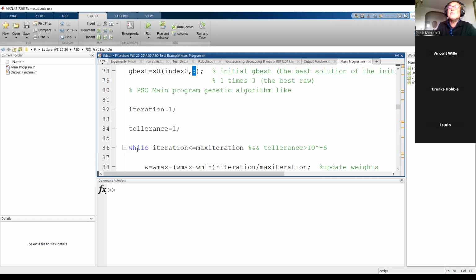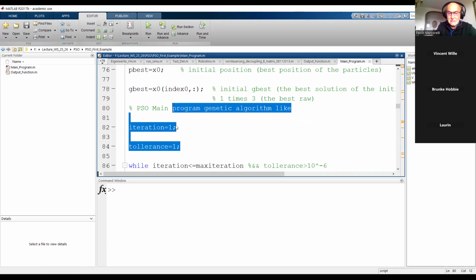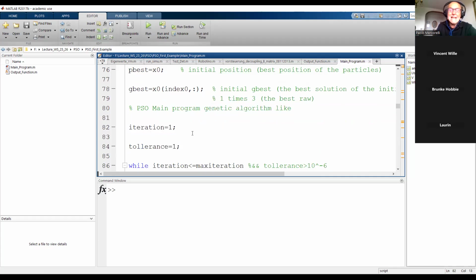Now we fly. The initialization phase is ready here. Once I initialize the swarm, we have the best bird, the best particle, and we have the position of the swarm in p-best. Therefore, we are at the end of the initialization. Therefore, I define